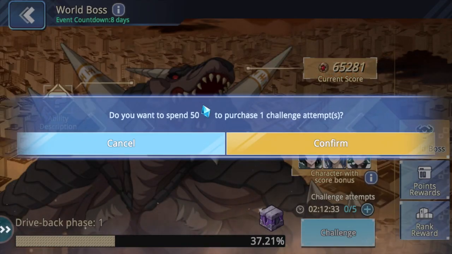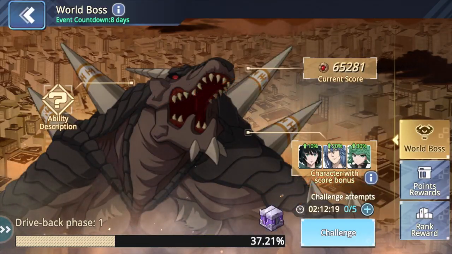Now I'll go ahead and spend the 50 crystals for the 1 attempt, and we'll try it 1 time to show you what I'm talking about. And then I'll go ahead and provide the links to the other 2 World Boss events that I was able to use this exact team on. So we'll go ahead and spend the...